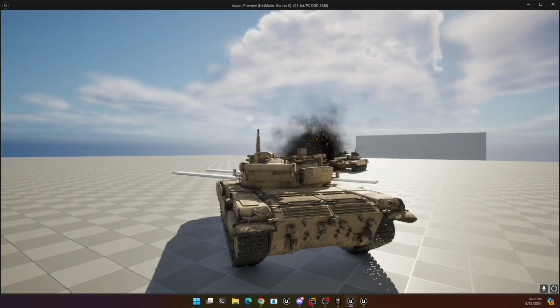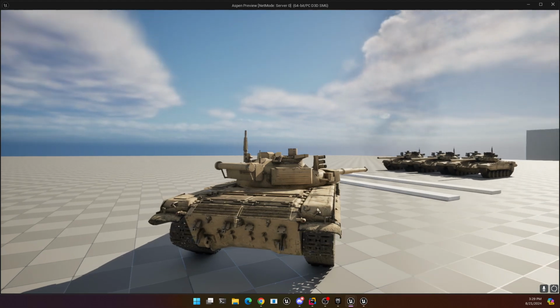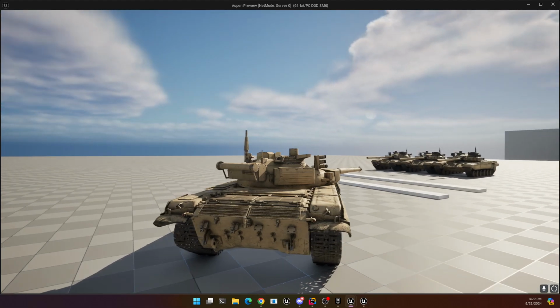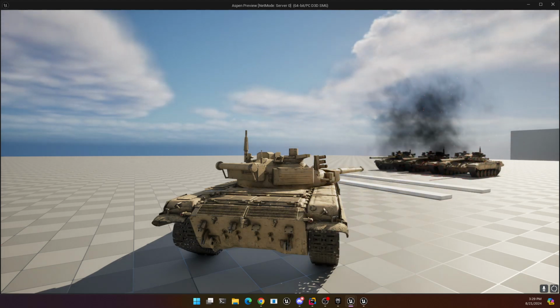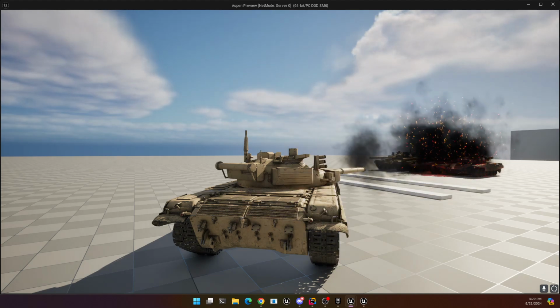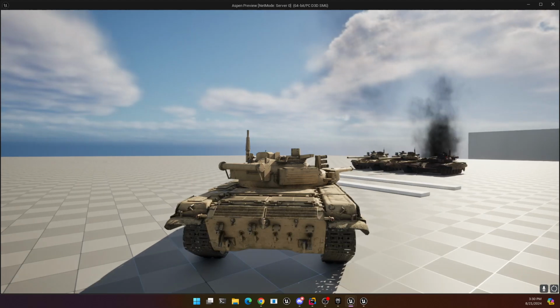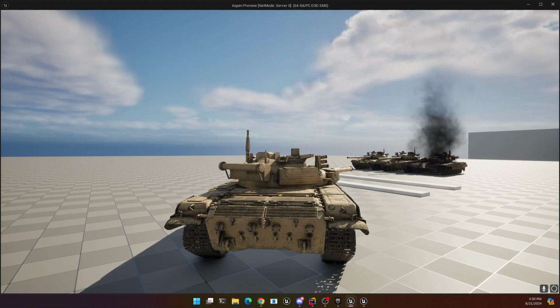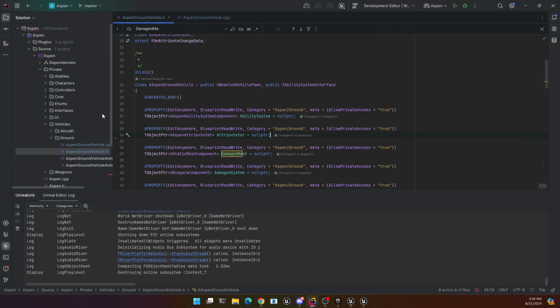So there is another thing I need to do, which is, if I hit that tank one more time, we can see that it actually did not get destroyed. I must not have hit it directly. There we go. So you can see that tank is now destroyed and it's smoking because of the code that I wrote